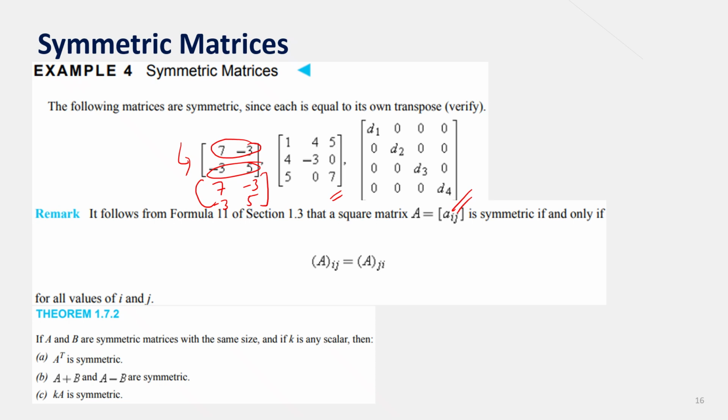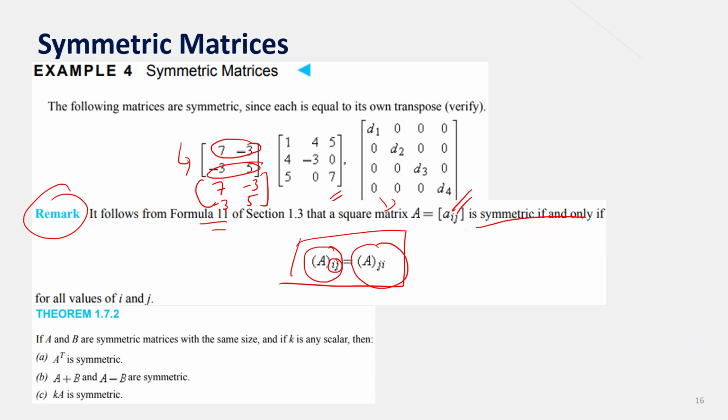And in another notes, you can follow this formula to show that a square matrix A is symmetric if and only if the entry Aij equals Aji for all the entries. Okay, so this one, symmetricity: A and B are symmetric, and if k